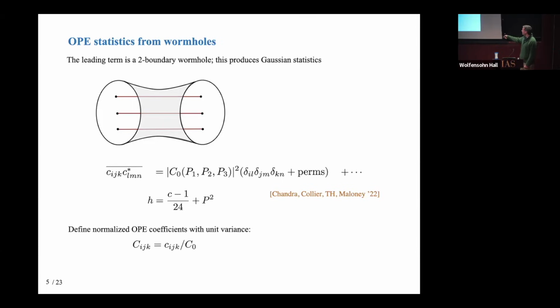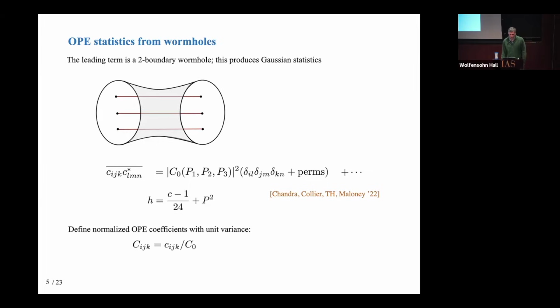I'm parameterizing the conformal weights H with the Liouville momenta P. I'll mostly be talking about cases where the operators are above the black hole threshold so that P is a real number. Although in this picture, P is imaginary, because I've drawn some conical defect operators,